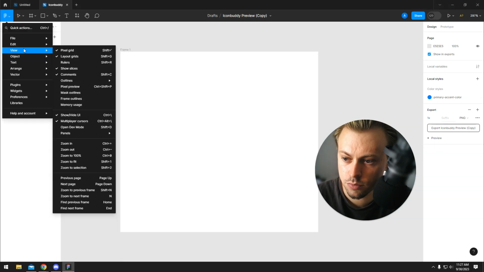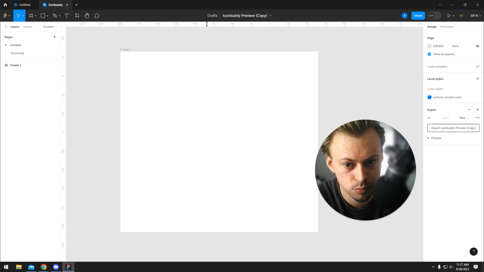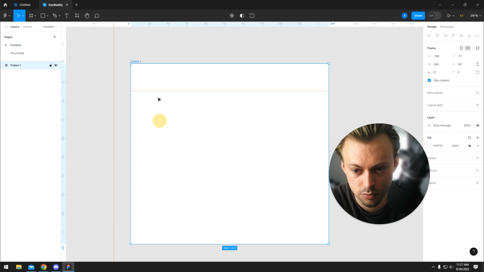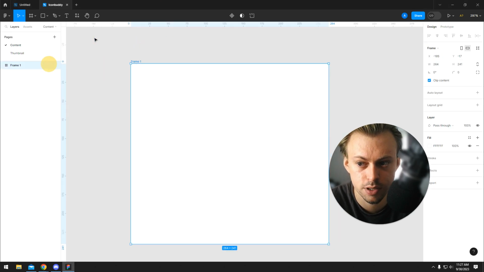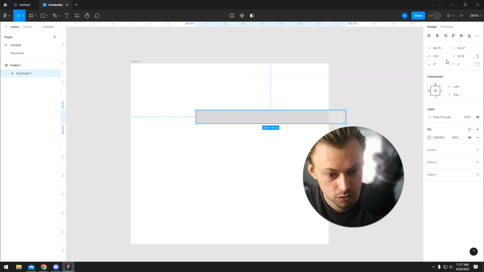Yeah, so if you go to view rulers, and then you'll be able to see the rulers on the side of the screen. But what's so great about it is that you are able to drag these red lines. They are basically guidelines. So let's say you have this frame, right? You want to design only with a fixed width of, like, I don't know, 200 pixels, and then you're